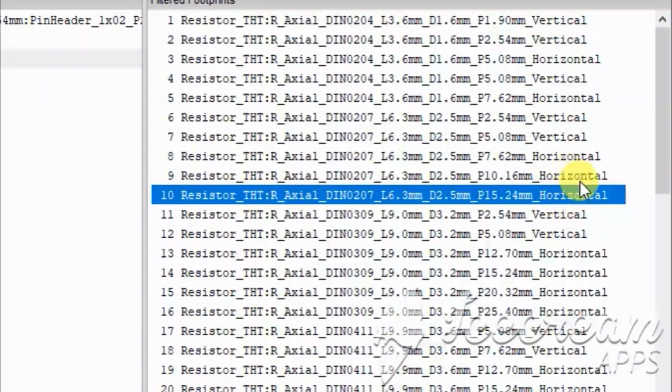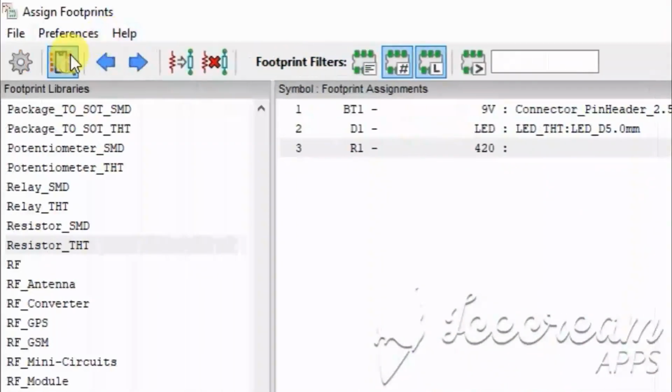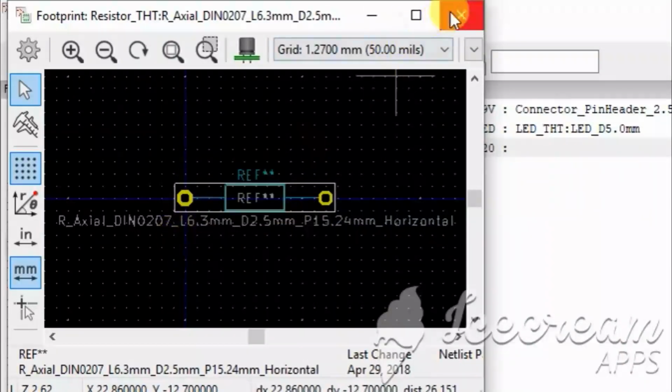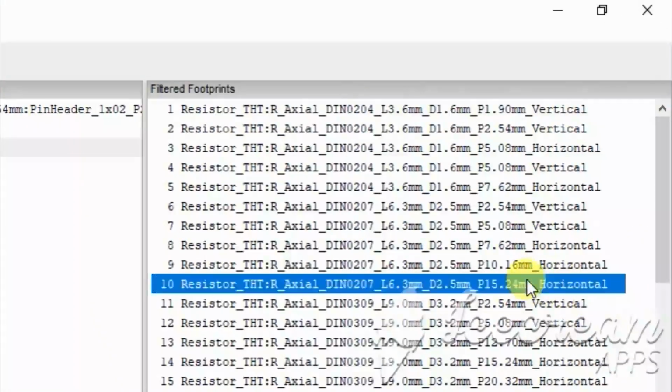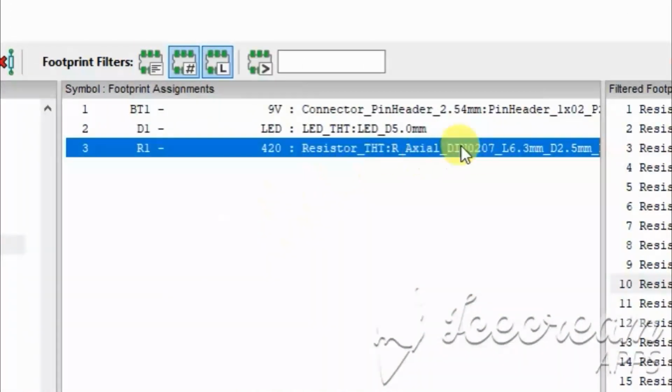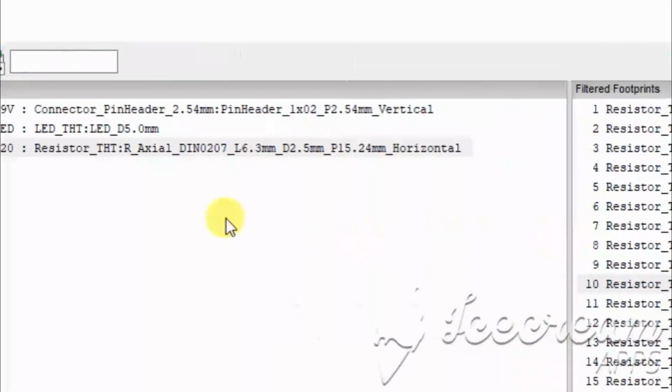Search for this library and show this library. This is the footprint. Close this and double click this library and add it to your component library.